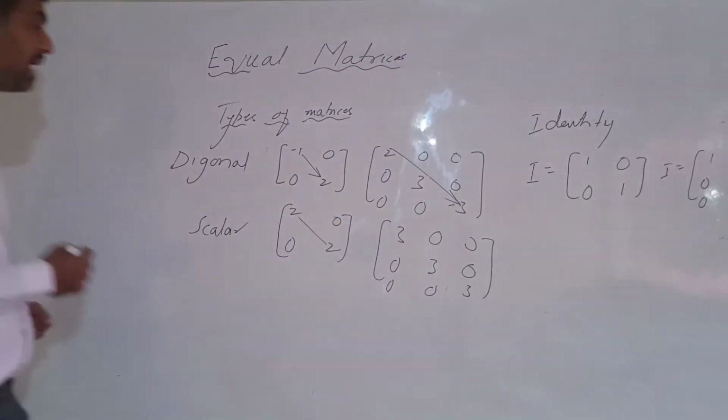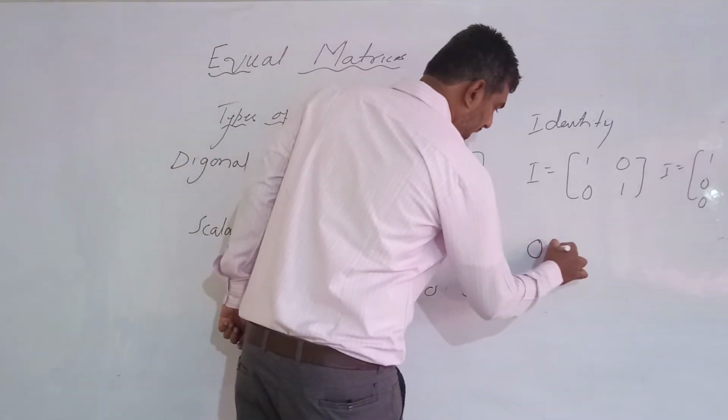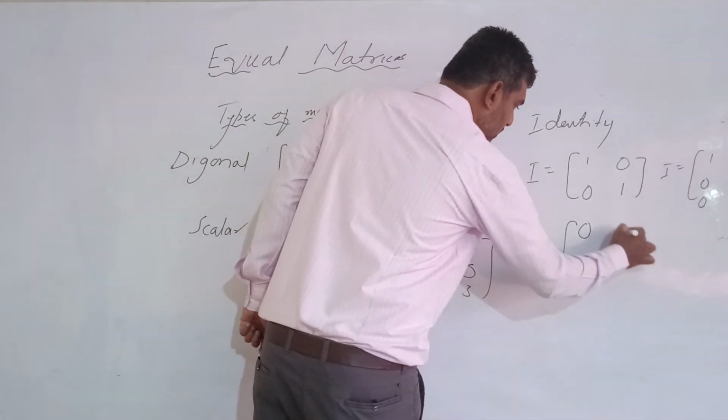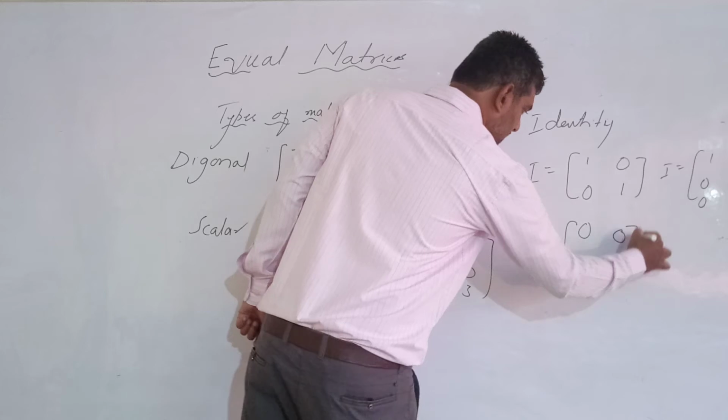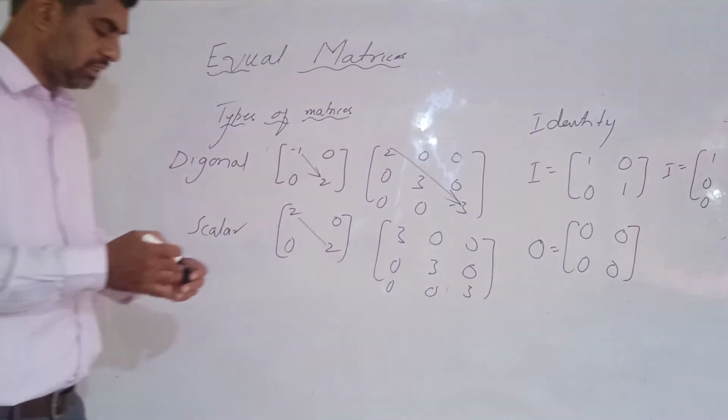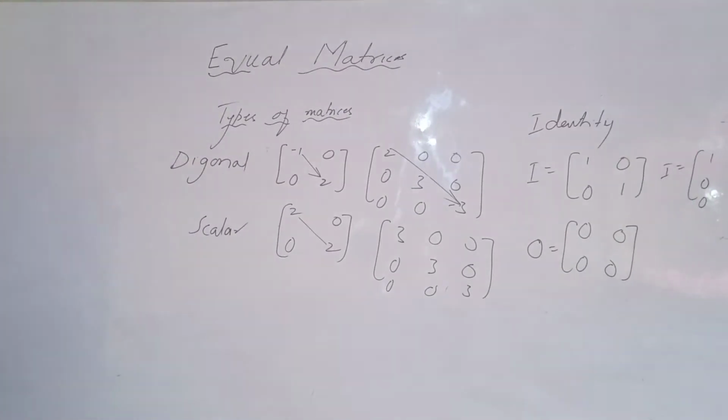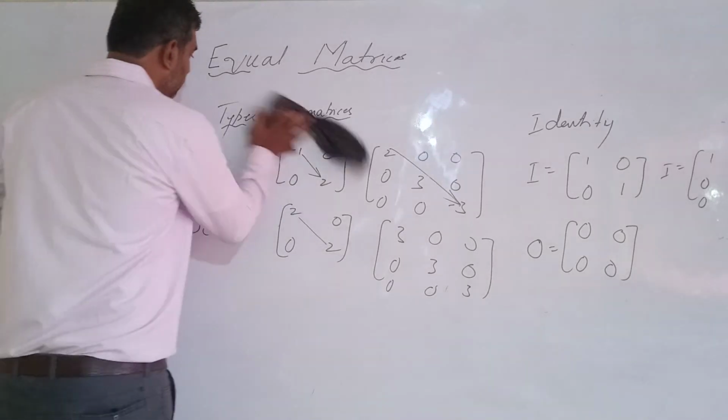We have seen zero matrix. All the elements are zeros. Such matrices are called zero matrices. Now